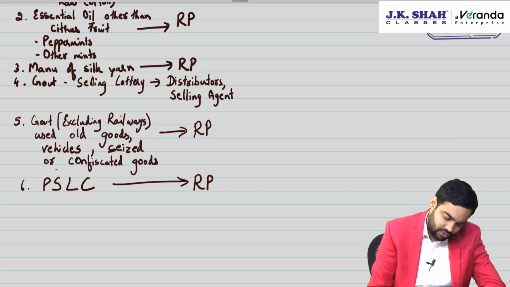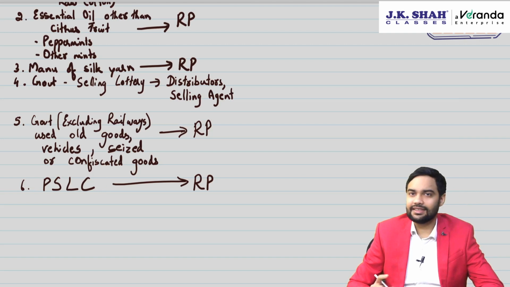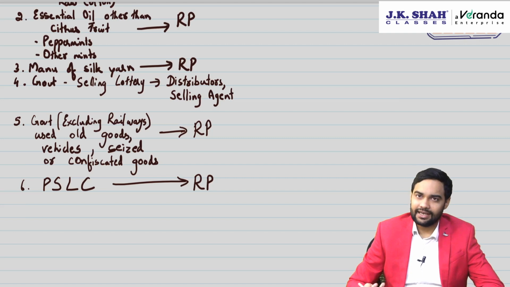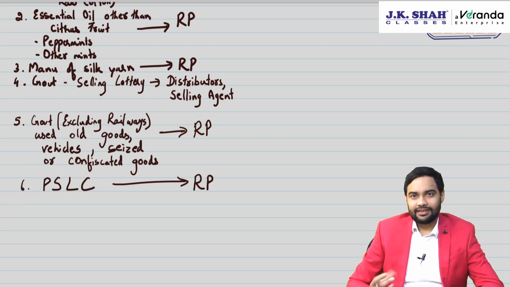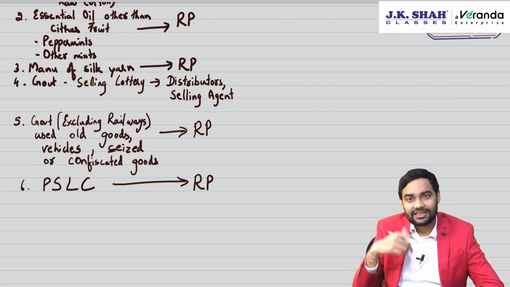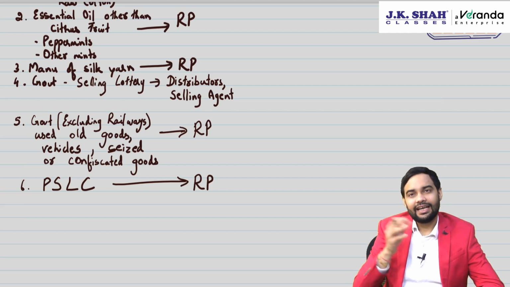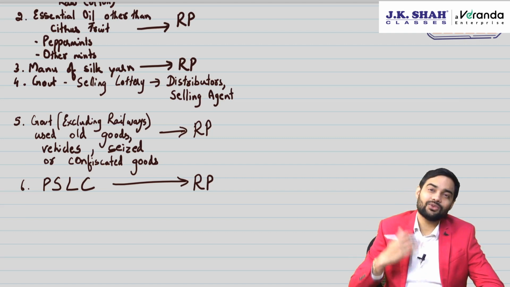Now here, if you notice, it doesn't matter who is the supplier, whether he is registered or unregistered. PSLC are regarded as goods because they are tradable. Basically, there is priority sector lending which is required to be done as per RBI mandate. Now, if some bank is not able to meet that and some other bank has done a much better priority sector lending, then the bank which has done better will get these certificates from RBI saying that we have met this target, and then they can sell it to various other banks who have not met the